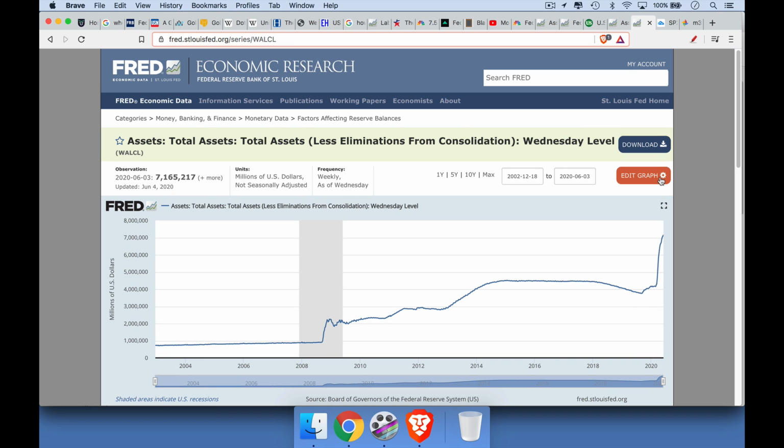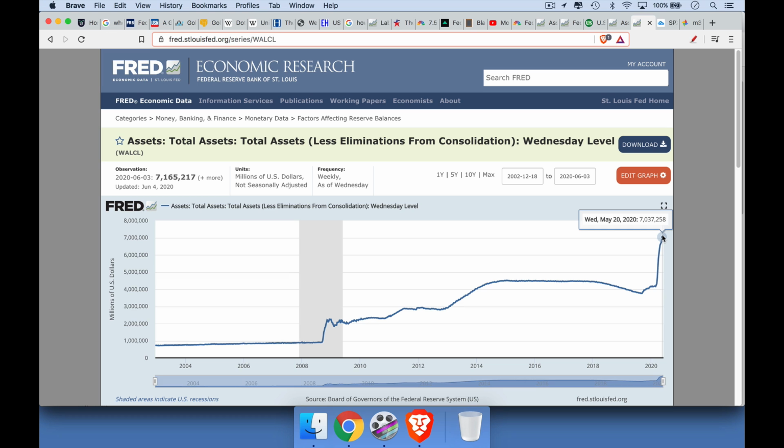This is their balance sheet as a whole. We can see that back in 2008, it was under $1 trillion. They grew it during the Great Financial Crisis. They promised there was a temporary measure that they would shrink it. They would let these treasuries and mortgage backs roll off, but they never shrunk it. And when they tried to shrink it back in 2018, as I said, it caused a mini stock market crash. So essentially, since 2008, we've gone from under $1 trillion now to over $7 trillion.